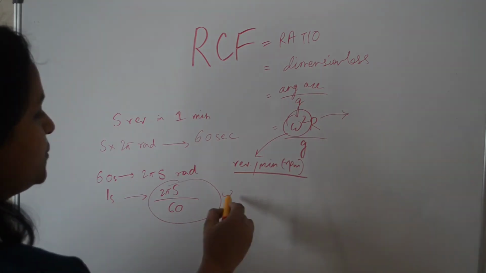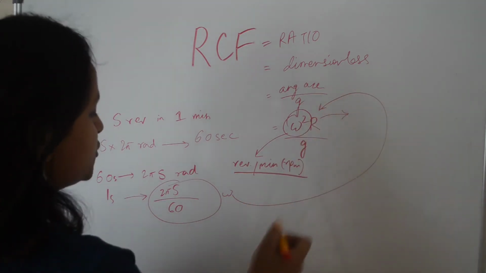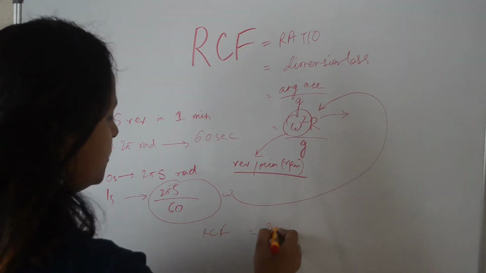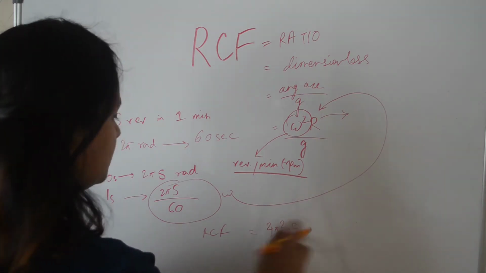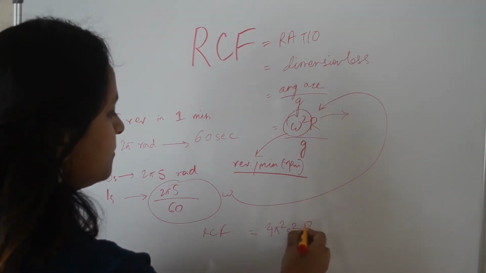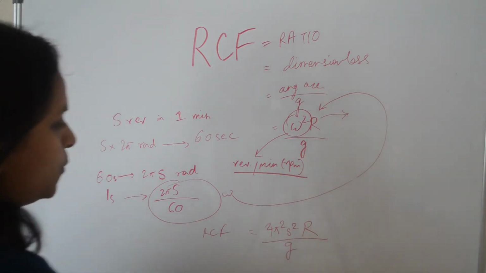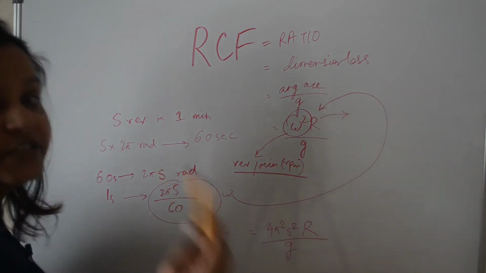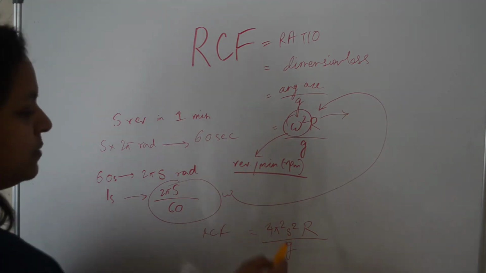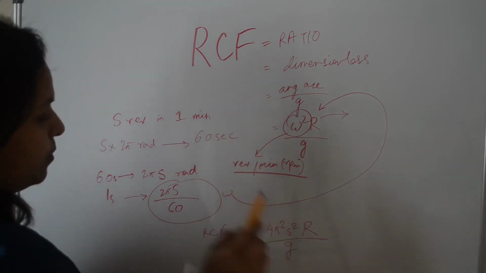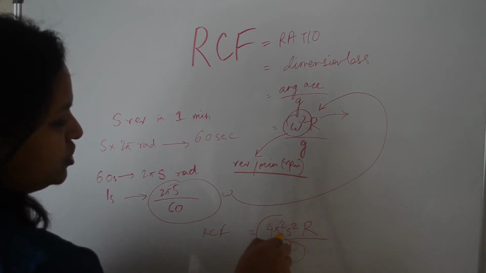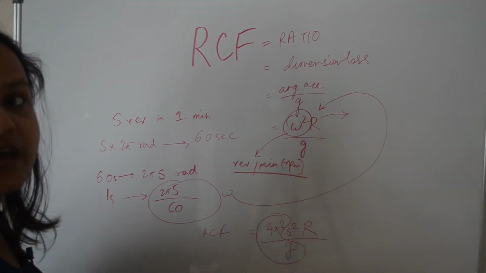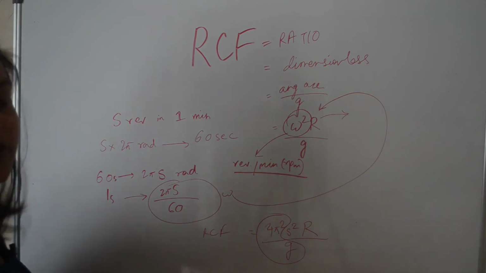And what we'll do is we'll substitute this for omega in this expression, and you'll get RCF is equal to 4 pi square s square capital R upon small g. Now what you'll see is, if you change the machine or you change the rotor, or you change the speed or the angular velocity, you will be changing S and capital R, but 4 pi square upon g will remain a constant. So we'll go ahead and pre-calculate the value for 4 pi square upon g, and we'll substitute that in the expression to make it simpler.